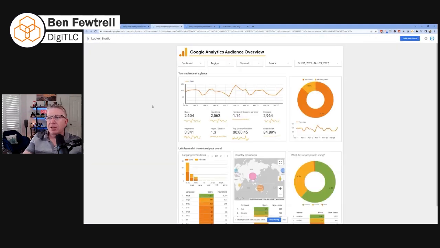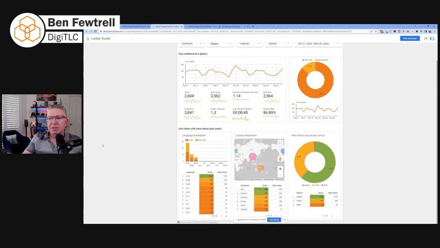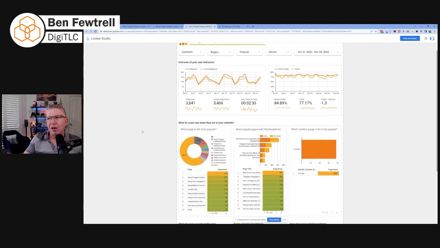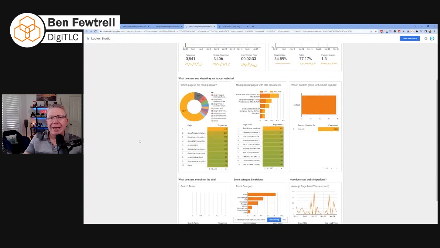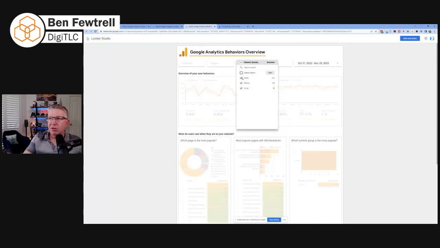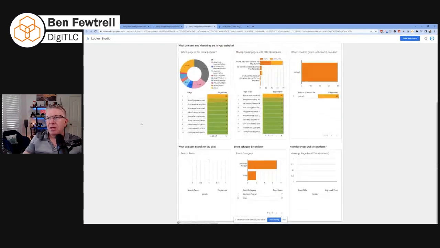As you go to the different things, you can have a look at the audience overview, see where they're from. So what countries they're from. You can get a bit of a feel as well. And you can also then get a behaviors overview. And this is where you can see what pages they're visiting and what goals they're completing, which is really what's important. So once again, if I just go through and select social,